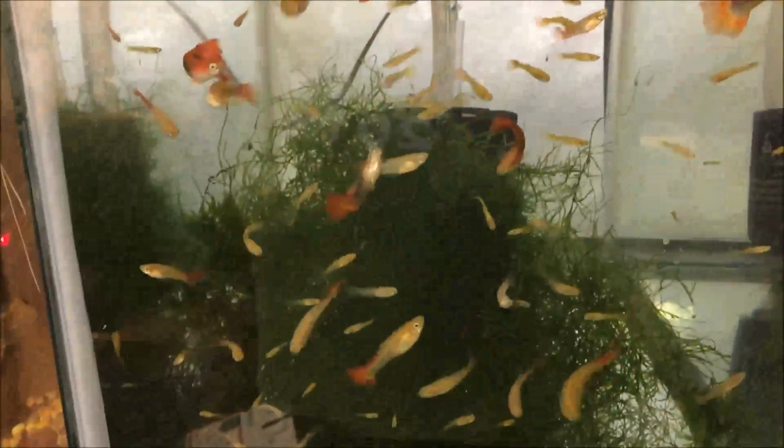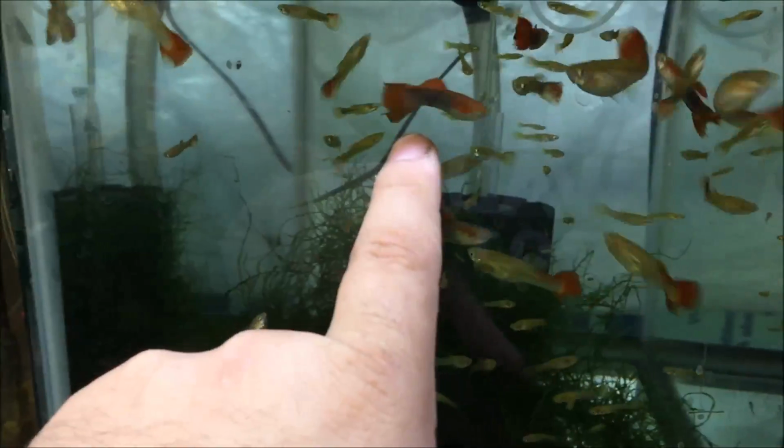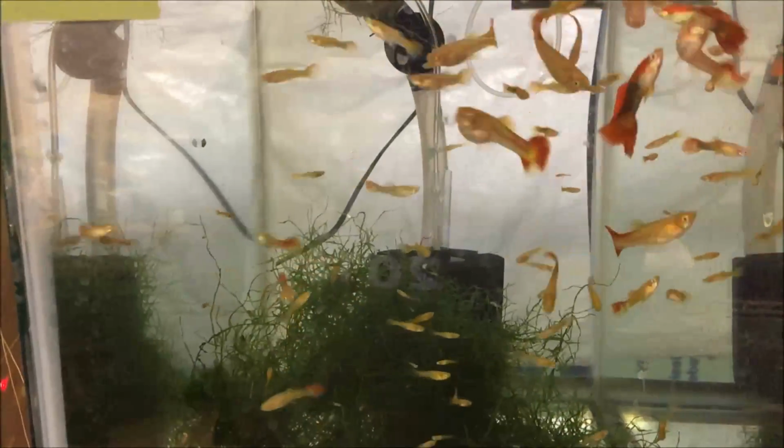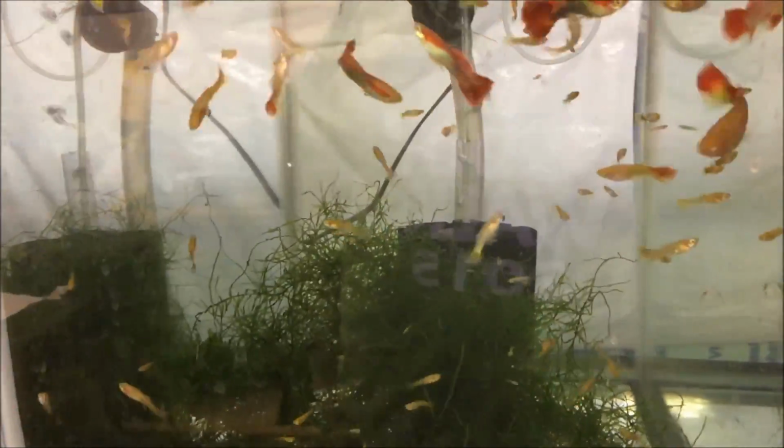Alright, red and yellow guppy tank. Sunset guppies. I don't know what you want to call them. I've been getting a bunch with that extra layer tail. I'm going to be separating those out and try to breed for that. That's going to be my winter breeding project. See how clean the tank is from the albino bristlenose. But, you know, hundreds of fry in there. Capturing these fish is going to be sort of difficult, but we'll see. I see 2 fish with that layer tail. I just got to kind of figure out what female